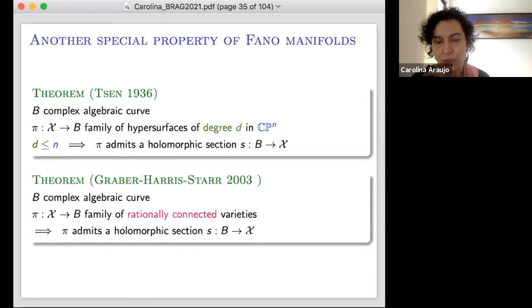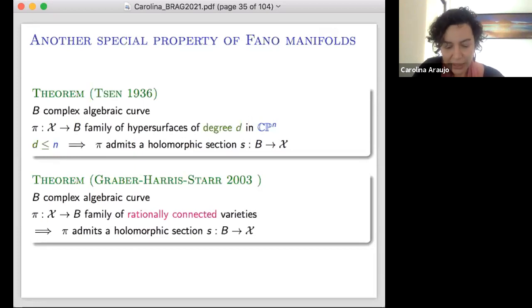And I just want to point out that this, in a sense, is the strongest possible result. This is the best one can generalize Tsen's result. So this is the ultimate. One cannot prove anything stronger than this. This can be made somehow formal. There is a result by Graber, Harris, and Starr, and Mazur that says that there is a converse to this